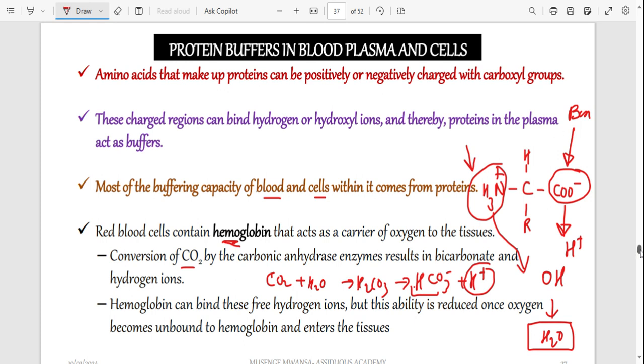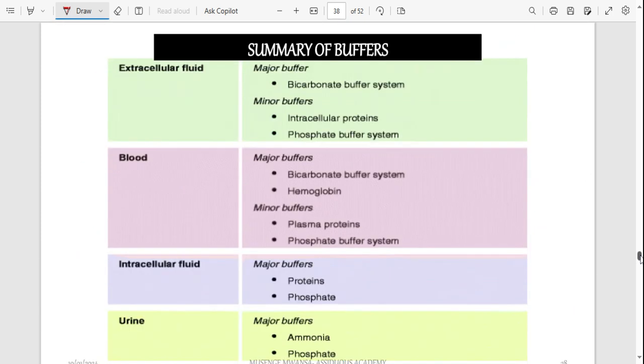Okay. So now a very good summary. For extracellular fluid, the major buffer is a bicarbonate buffer. ECF is a bicarbonate buffer. We also have some minor buffers like proteins and phosphates. For blood, the major buffer is also bicarbonate. That is because blood is, remember,